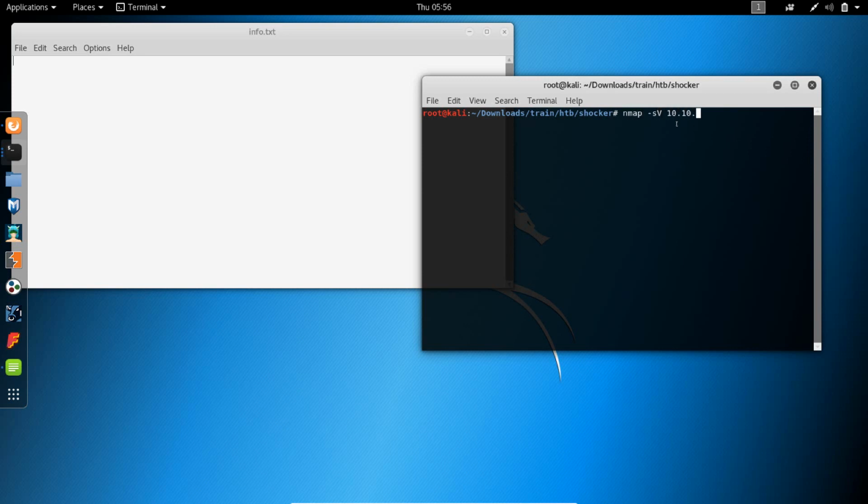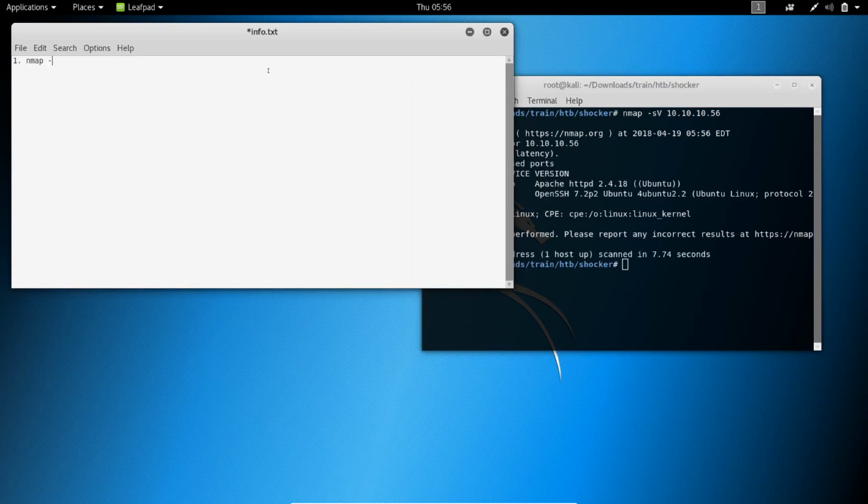Anyhow, the first thing that I always do is a simple nmap -sV scan on 10.10.10.56. After I run this simple scan, I usually do a more thorough scan, so let me write it down: nmap -sV 10.10.10.56, followed by an nmap -p-, which is for all ports, -T5, which is aggressive. If you want to run a stealthy scan, you should probably go with T0 or a different nmap scan,